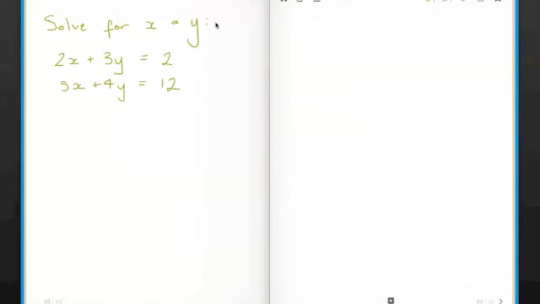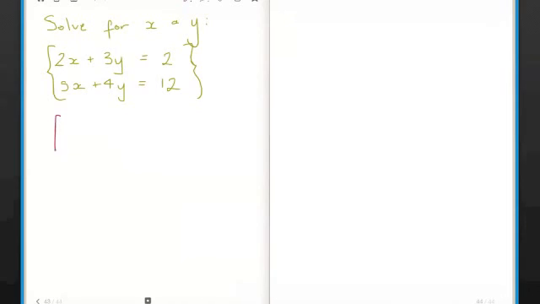So this is really what I want to get to. So we have two what we call simultaneous equations because they both have x and y in them. They're of the same form, and I want to solve for x and y. And I can actually do this using matrices because I can write this as a matrix. The way I'm going to write it